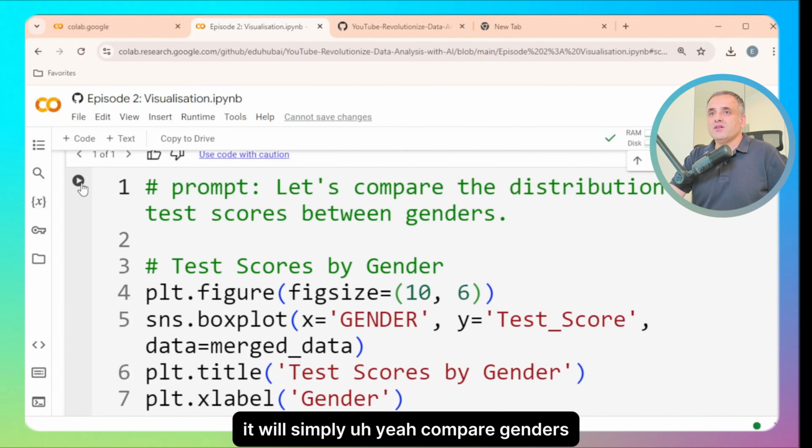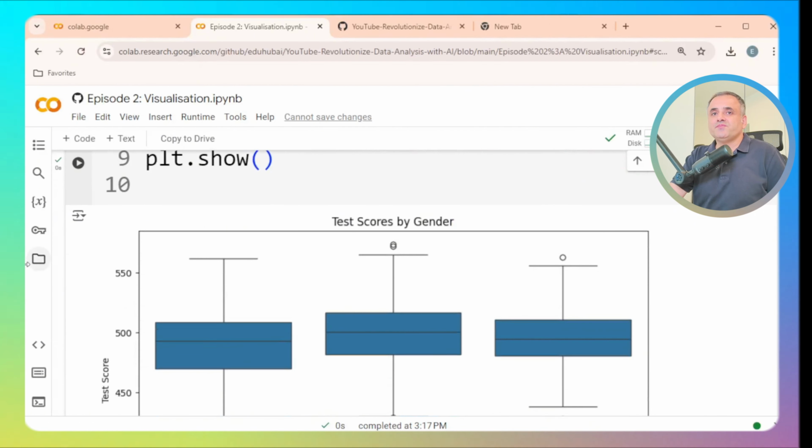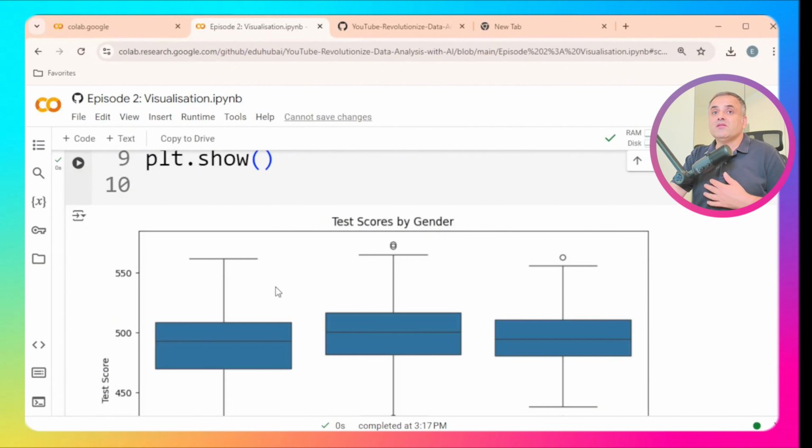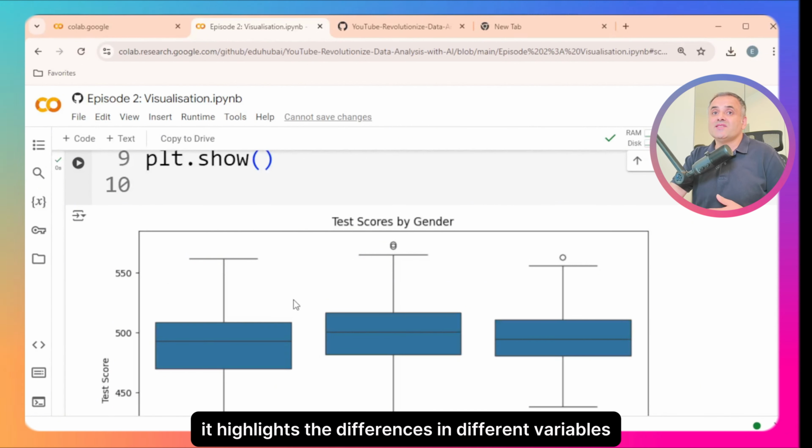It will simply compare genders. I love the Seaborn boxplot, especially because it highlights the differences in